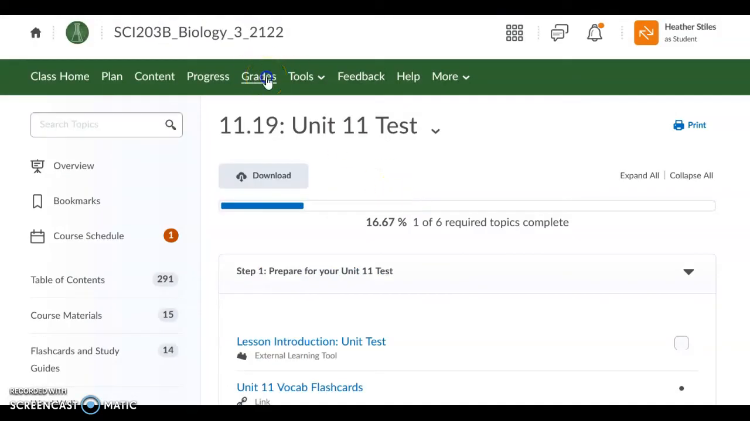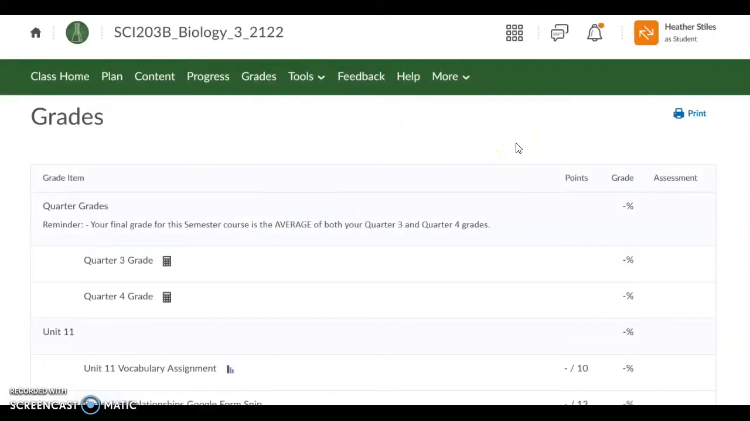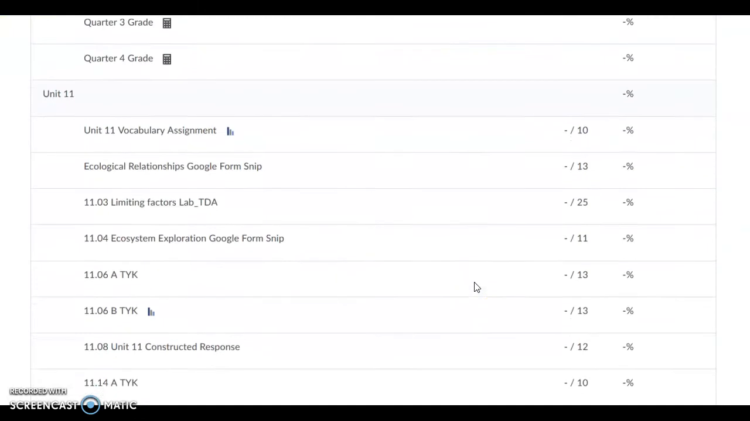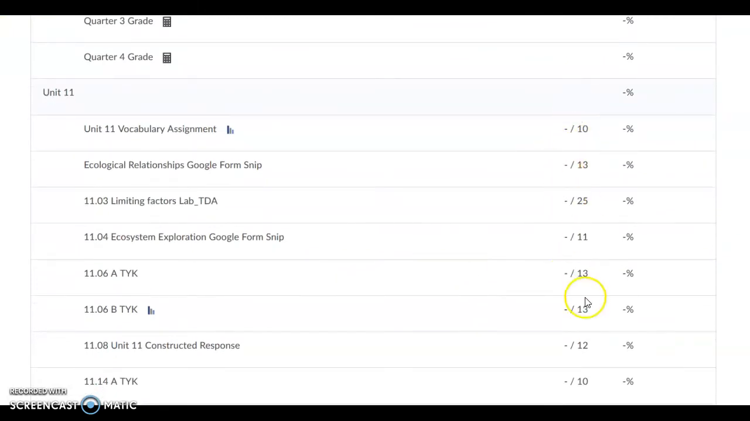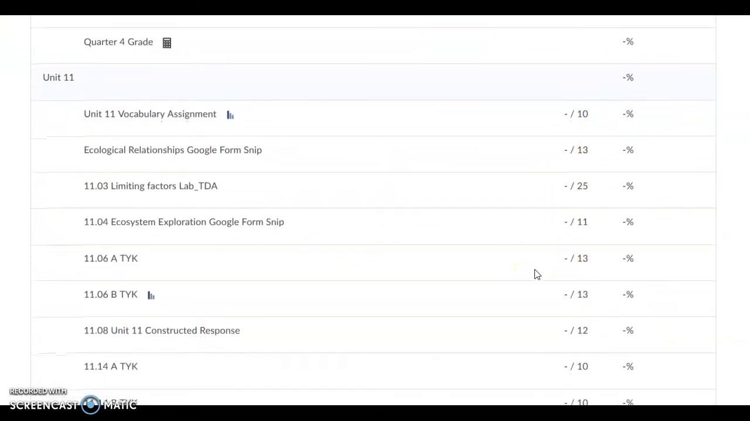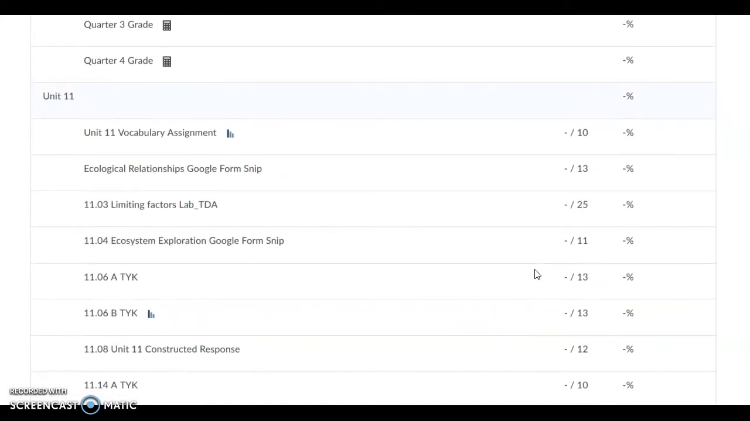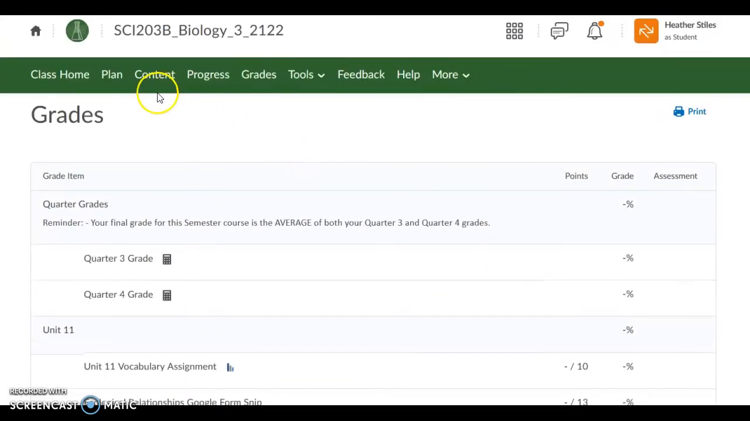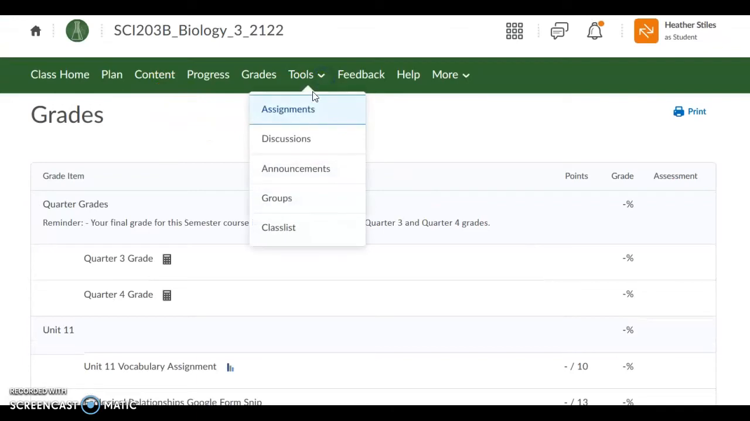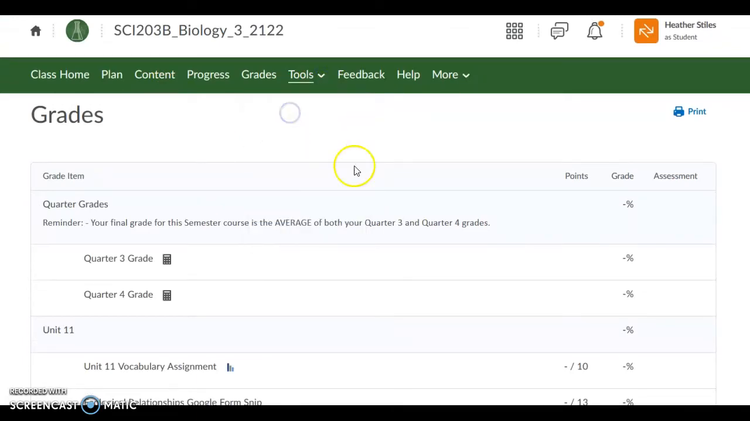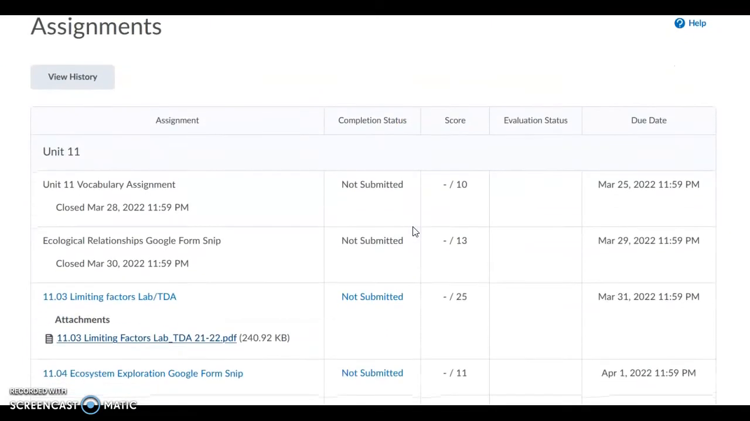The other thing is grades. Grades is something that you want to make sure that you're checking on a regular basis so you can see where you're at each period. If you see a 0 under your grade book, that means you did not complete that assignment and it is overdue. When you go under tools here and you go under assignments,